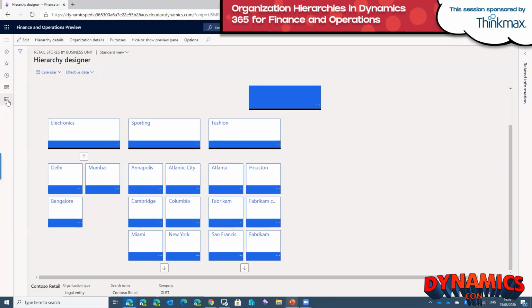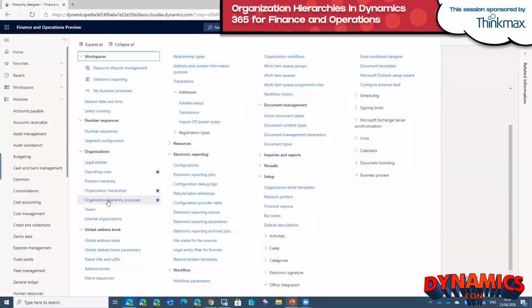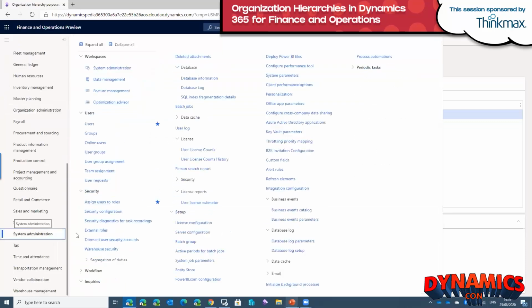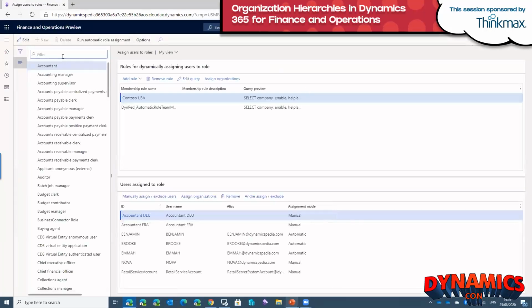Now, what I will show now is a kind of customization. I created a new extensible data policy where I defined, in a certain case, I want to link a user with a hierarchy or individual records using the security framework. So what I will do now is first show that those two retail stores organization hierarchies are linked to the role security. When we go to the system administrator and want to assign users to a certain role, then we go to the retail operations manager role,